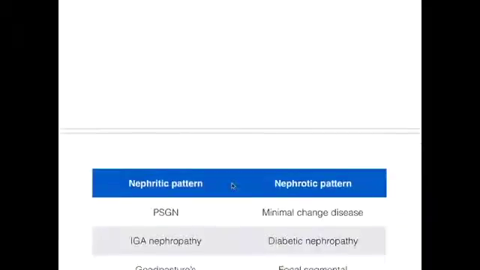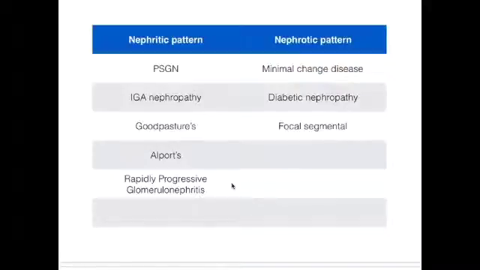Streptococcal glomerulonephritis and minimal change disease. So there are two patterns of injury that can occur in the glomerulus, the nephritic pattern and the nephrotic pattern, and different diseases can exhibit these patterns. Post-streptococcal glomerulonephritis is one we'll look at now that exhibits a nephritic pattern, while minimal change disease is one that